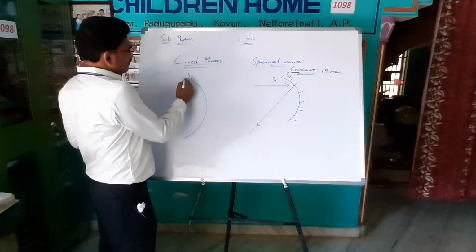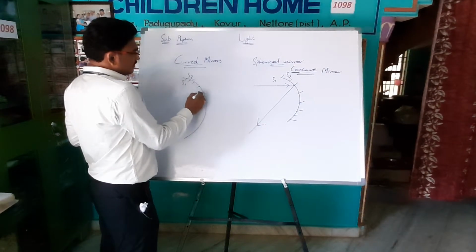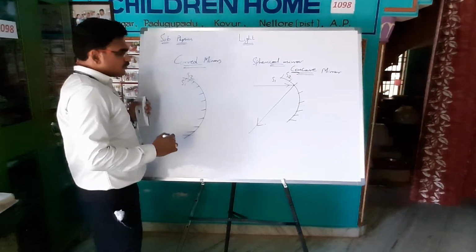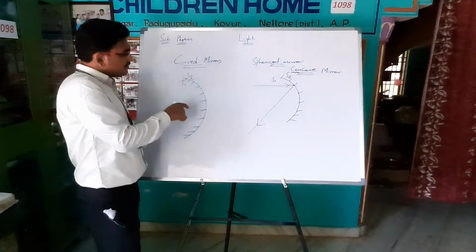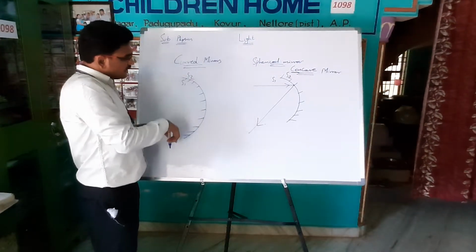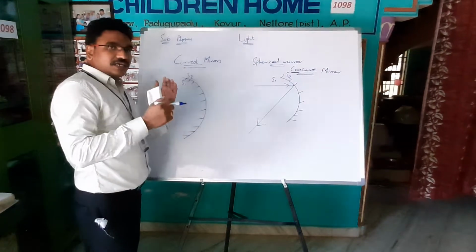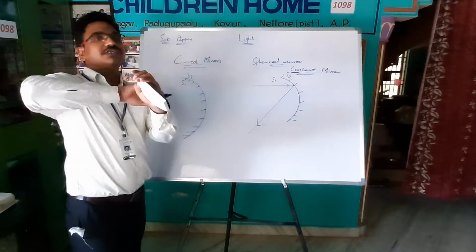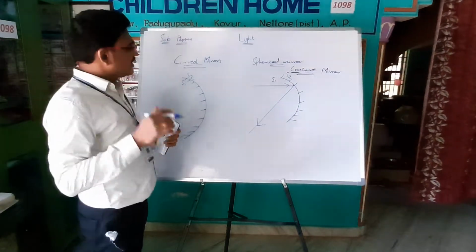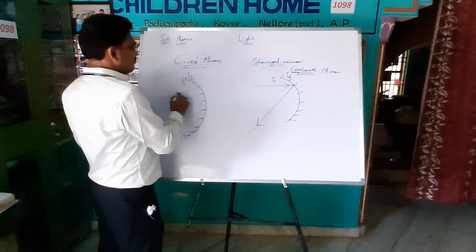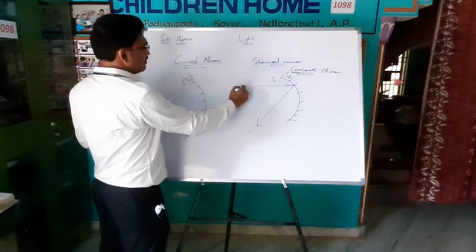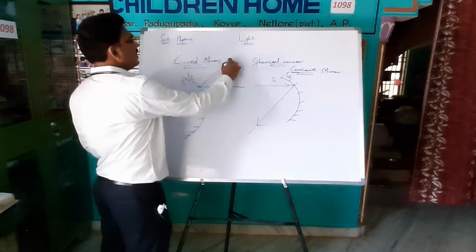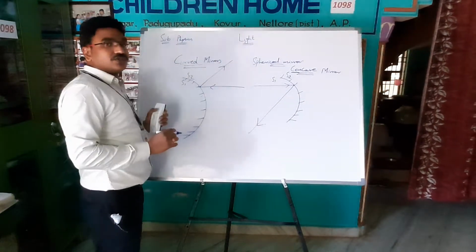In that, what am I doing? Again, S1. Just I have silvered S1. Now a part of this glass sphere, I have taken one part of the glass sphere, and inside, just I have silvered. When I have silvered inside, then what happens? This outer surface is going to become the reflecting surface. Means, if light falls, it won't pass in this way, but if light falls on this, it may reflect in this direction. This is what we should understand.